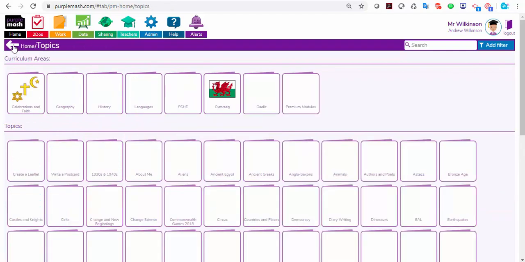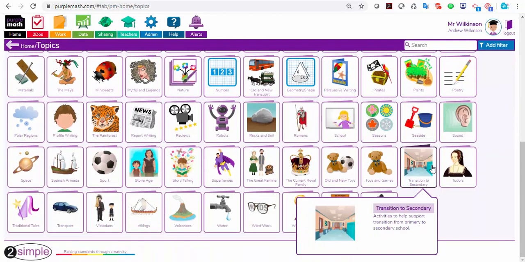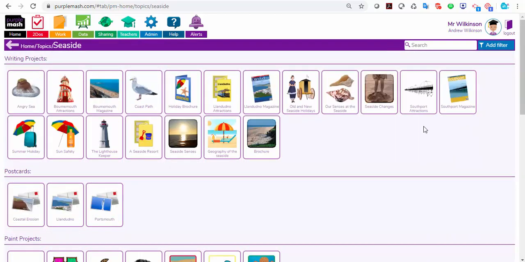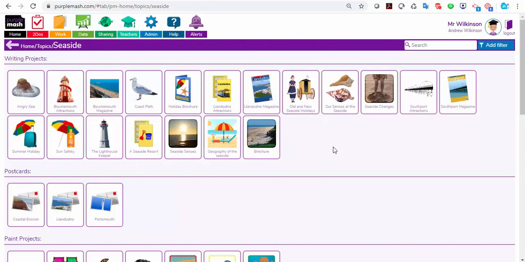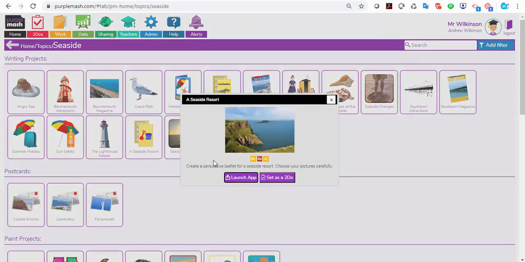You could also have a look at something like the seaside, and again you'll find a whole bunch of resources in there as well. So there's lots of different writing projects. Don't forget, with a writing project you can edit it. So if I took, for instance, this leaflet on a seaside resort,